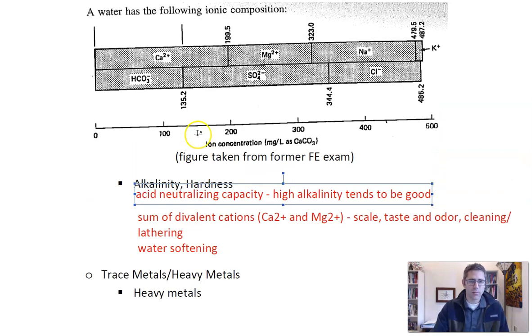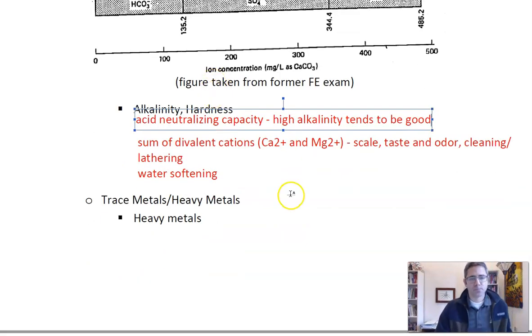Alkalinity and hardness tend to move together to some extent. The more calcium and magnesium there is in the water, the more negatives you need. That tends to result in having more bicarbonate and carbonate, which contributes to the alkalinity. So again, because of this issue, the more hardness you have, the more alkalinity you tend to have. But they don't move exactly together, because there's other species that are positively charged that don't contribute to hardness, like sodium and potassium, and some negatively charged ones that also don't have much alkalinity. Okay,